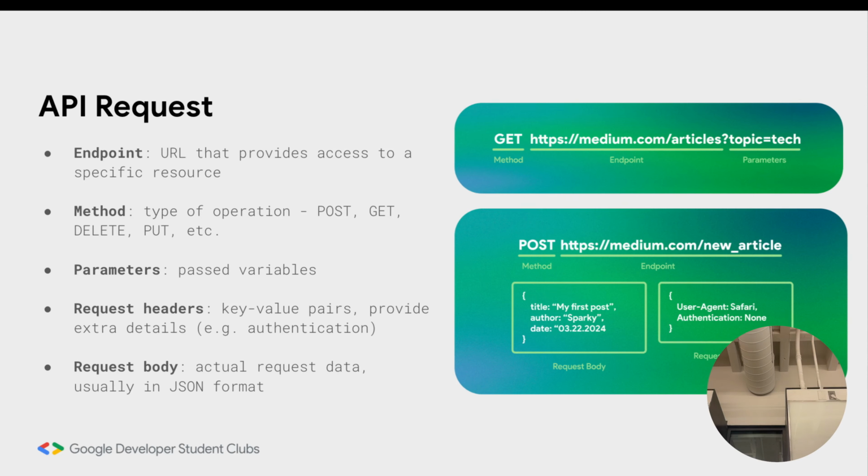The parameter means that we're filtering out. So the endpoint is medium.com/articles. The method here is GET, so we're getting something. Parameters are the path variables, which is topic equals tech. And the headers are not shown here, but